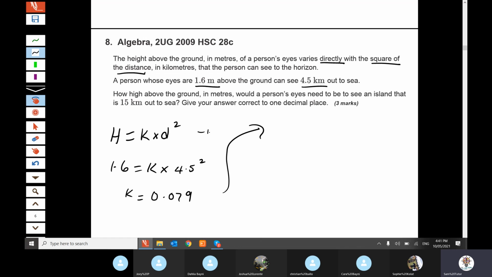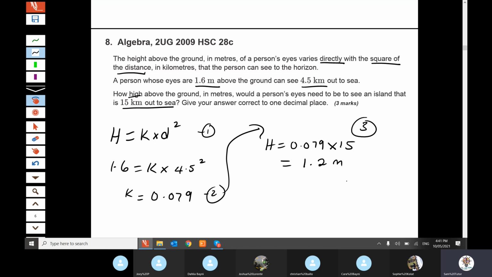Step 1, step 2, and we're up to step 3. 3 marks. Step 3 would be, how high above the ground would a person's eye need to be to see an island that is 15 kilometers out to sea? So H equals 0.079 times 15. The answer is, to 1 decimal place, 1.2